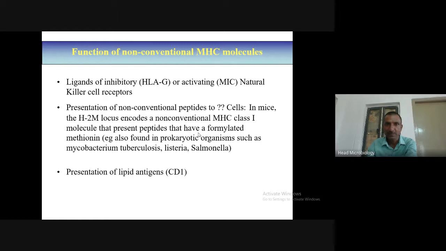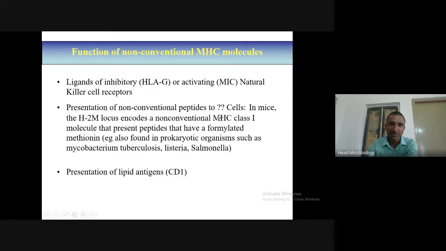The functions of non-conventional MHC molecules are ligands of inhibitory HLA and activating MIC natural killer receptor, and presentation of non-conventional peptide to T